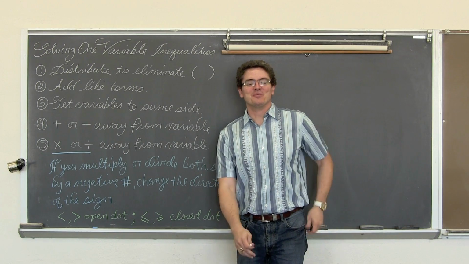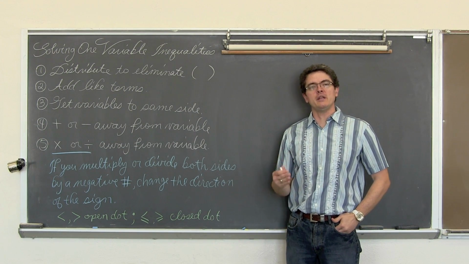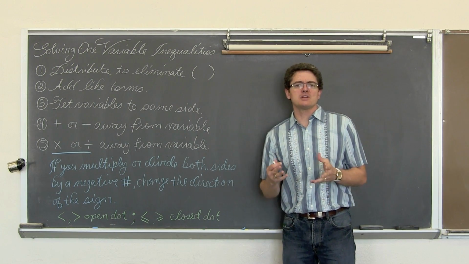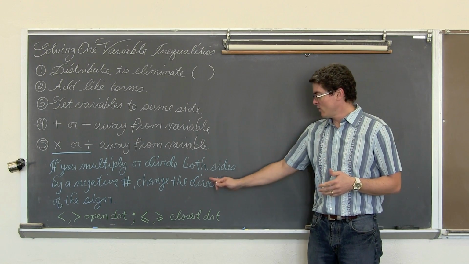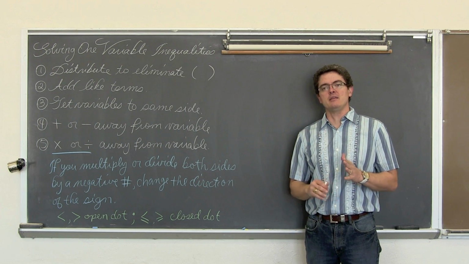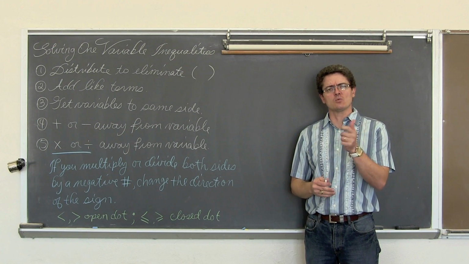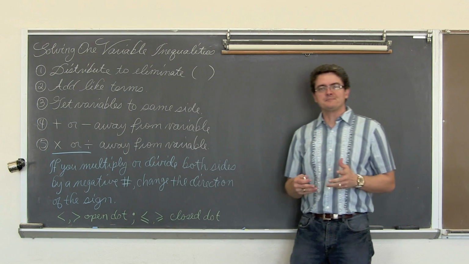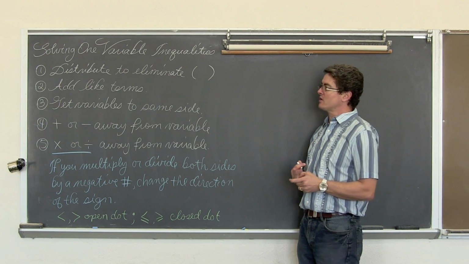I am Mr. Tarrou. In this video, I want to show you a bunch of examples where I work through some one variable inequalities. These are going to work just like solving a one variable equation, except that when we multiply both sides by or divide by a negative number, we're going to have to change the direction of the inequality. We're also going to do some shading along the number line to give you some very quick sketches or graphs of what that's going to look like.